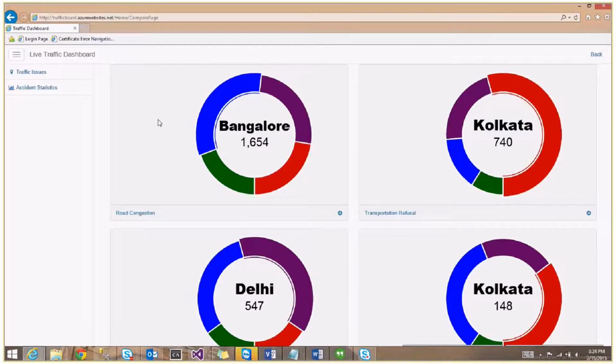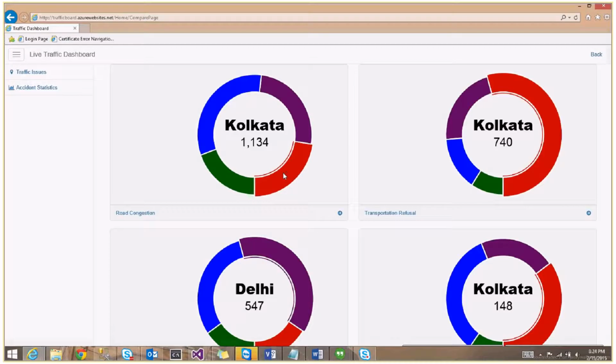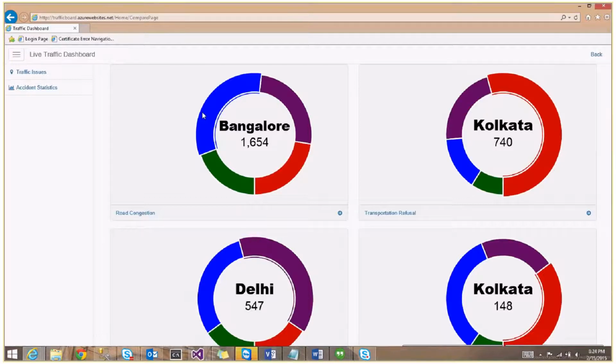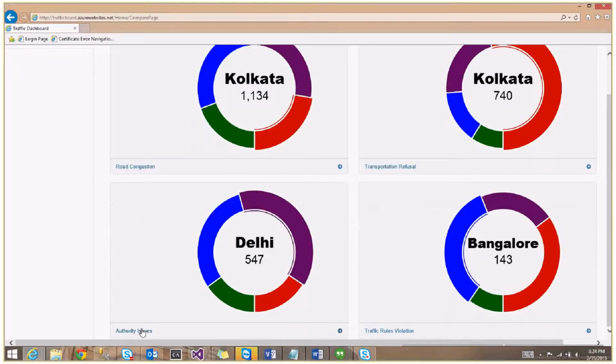As we see, there were 1296 cases of road congestion that were reported in Delhi, 1134 cases were reported in Kolkata, 976 in Chennai, and 1654 in Bangalore. Likewise, the citywide data is compared for transportation refusal, authority issue, and traffic rule violation.